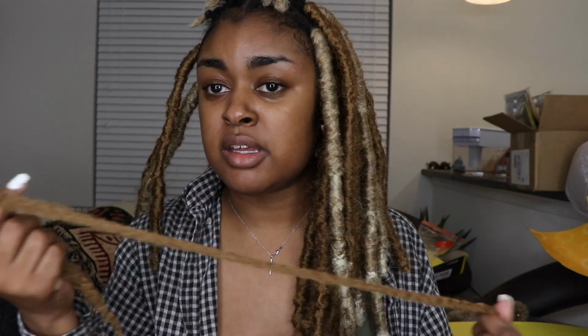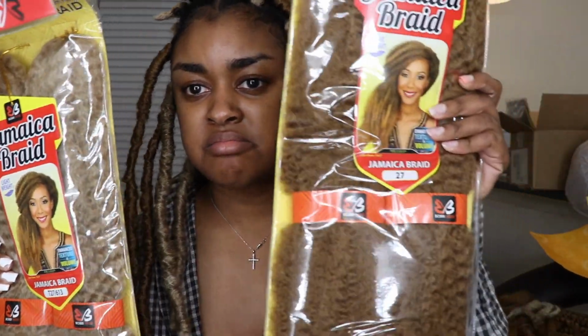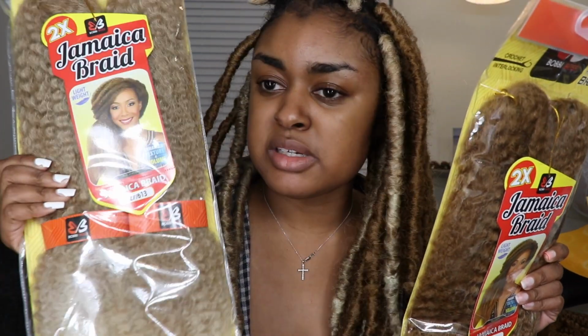I'm about 3/4 of the way there, maybe even a little more than that. I have about 13 left to do. I decided on this length just because I was in between making them really long and really short, and I couldn't decide. So I just did it until I'm using 2 of these, and that's where I ended. I'm using 27, and this is